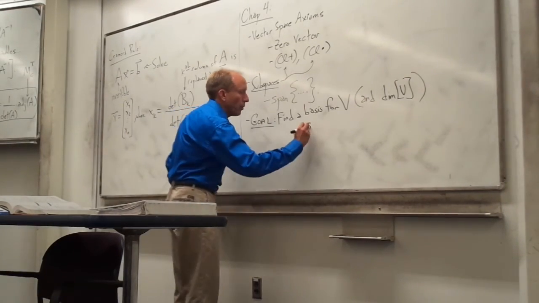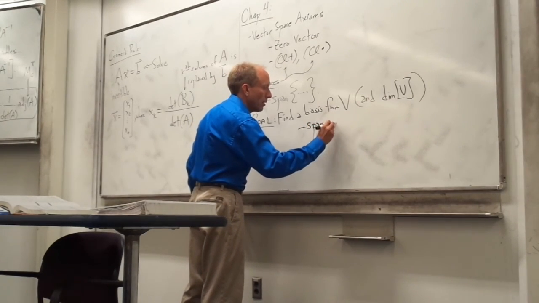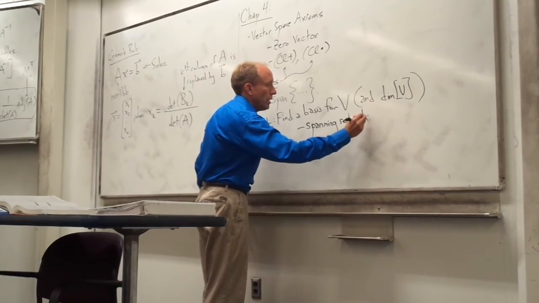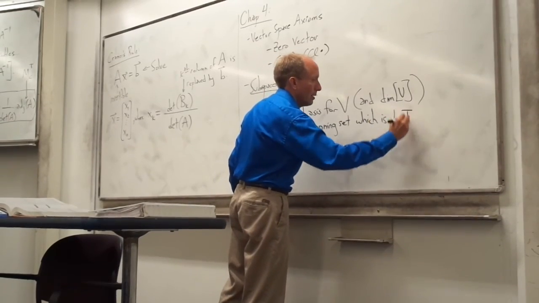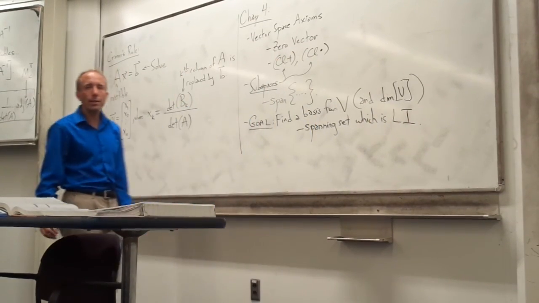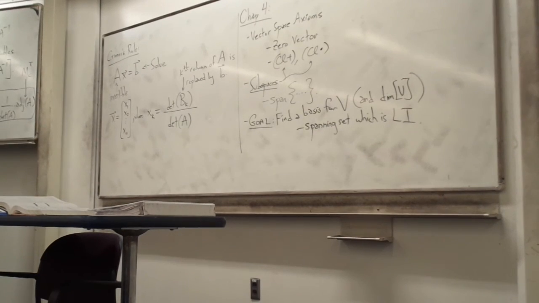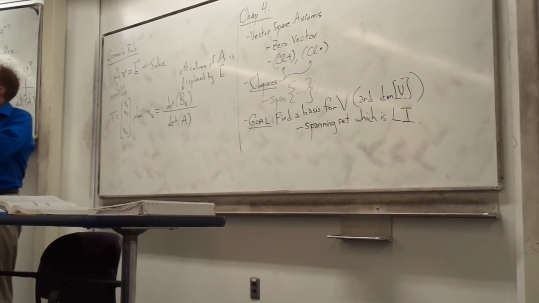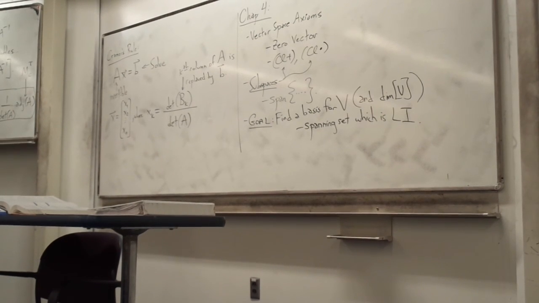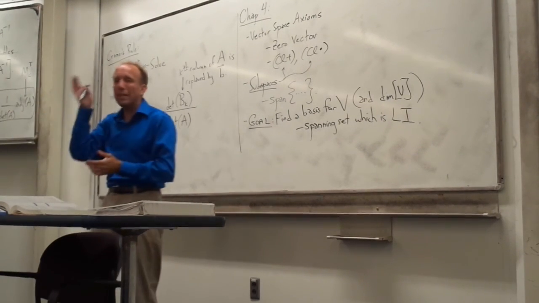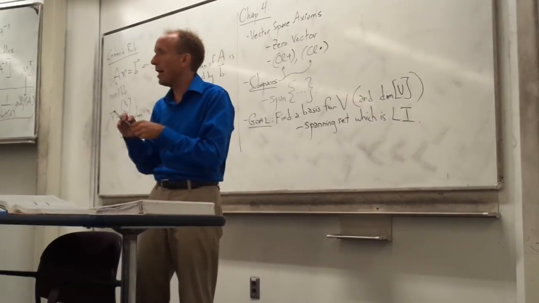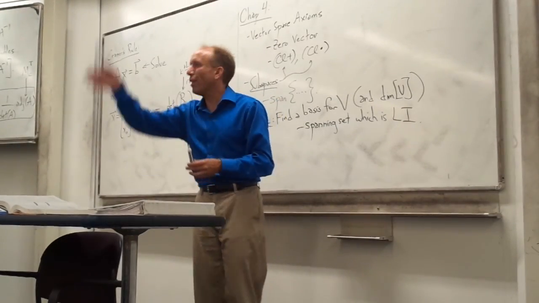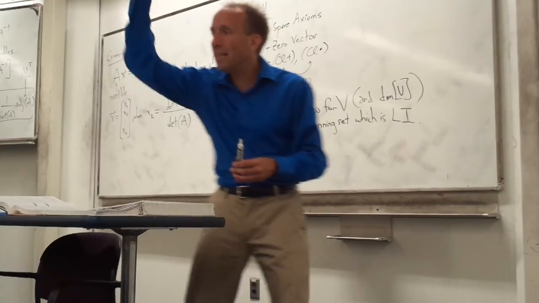So you're really looking for a spanning set that is linearly independent. Those two components are the key. If I have a spanning set that's not linearly independent, then you want to be able to reduce it to a linearly independent set. Remember how we do that? We take the vectors that are in our spanning set, line them up in the column